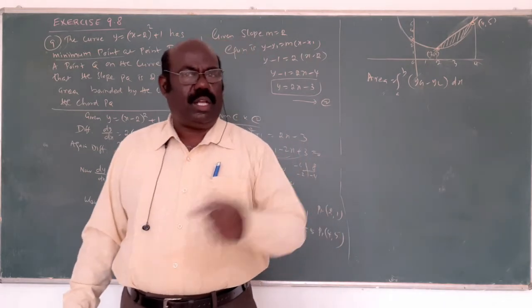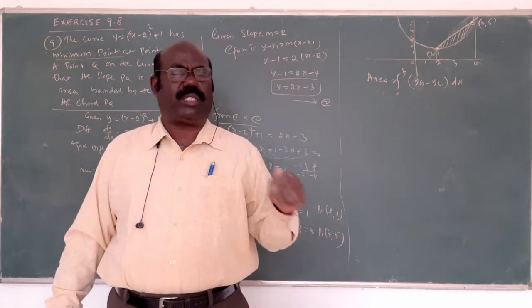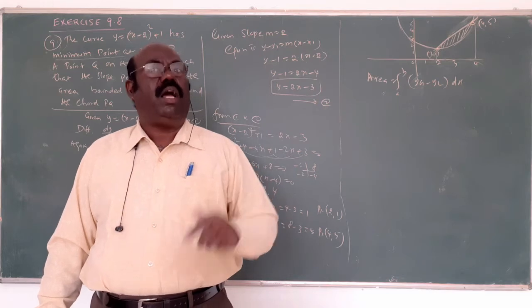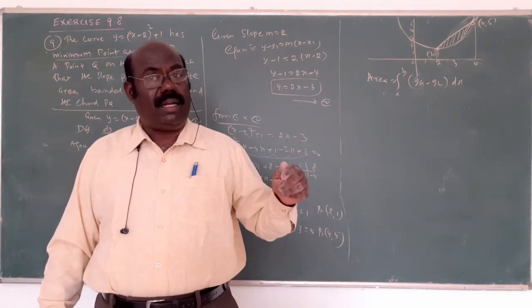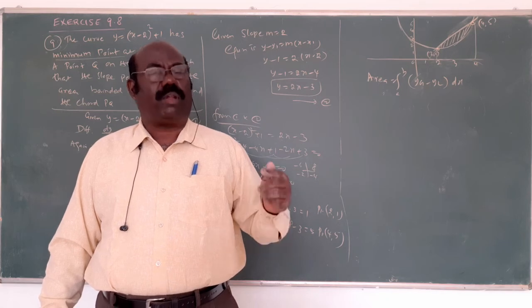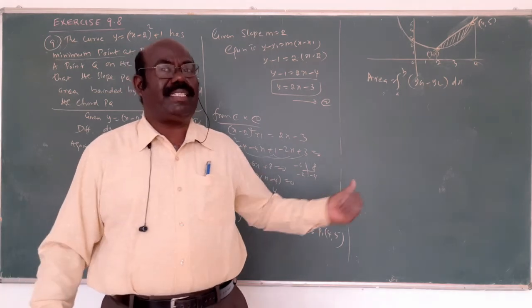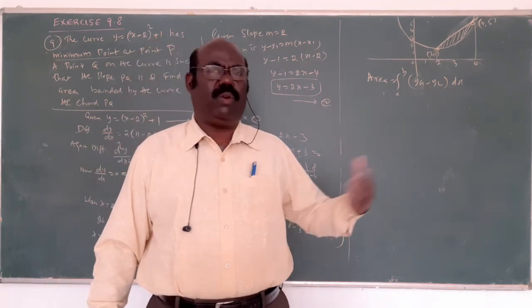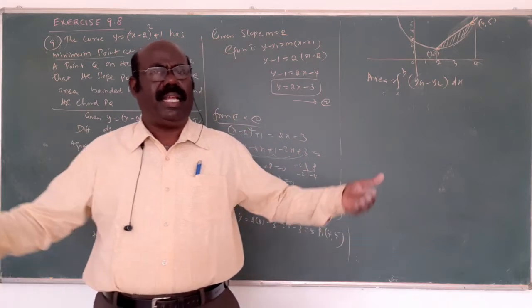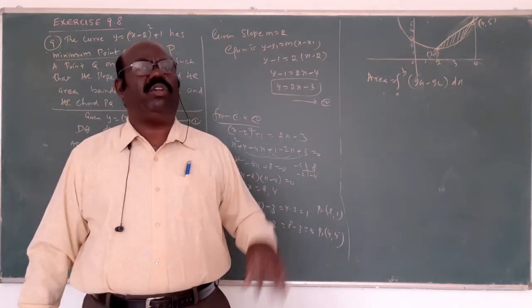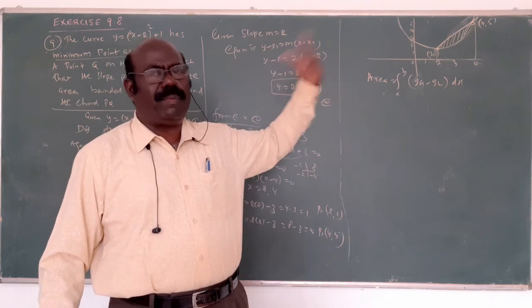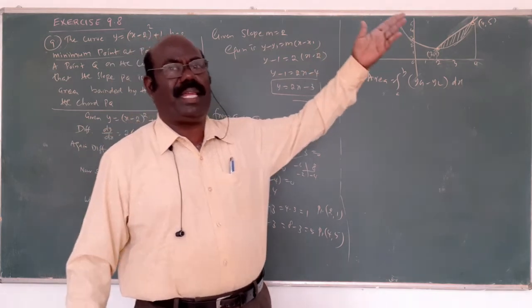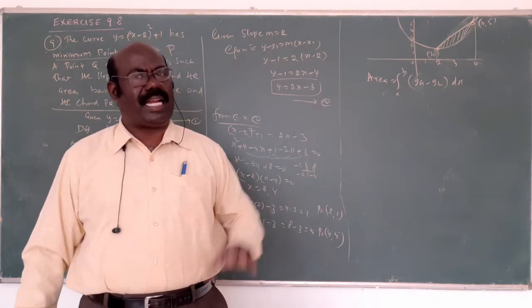Slope is already given. One point, one slope: the formula is already known, y minus y1 equal to m into x minus x1. By using that idea, the first point, where the curve is minimum, you get the point. From the point and slope, you will find the equation. Then one curve given, one line given; combining both, solve 1 and 2, we get the points. From the points, plot the diagram; from the diagram, find which has the maximum area and minimum area, you will subtract, and we get the answer.